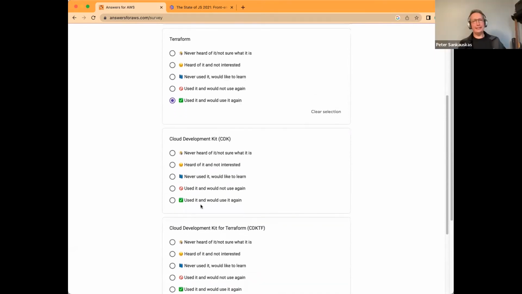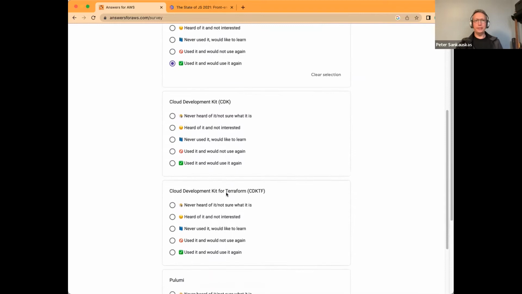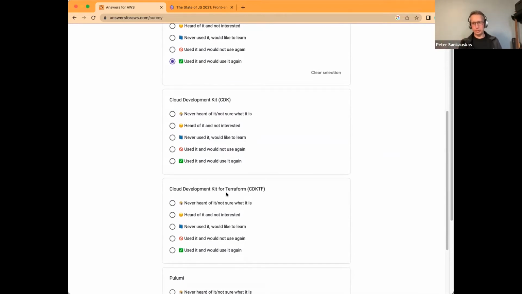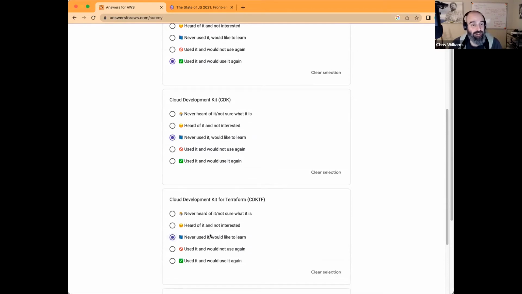Now, CDK, I think, is really interesting. I haven't had an opportunity to really take it for a spin. I've only done the demos and the workshops that I've done at re:Invent and what have you. Yep. So have you used the CDK, either the regular one that generates the CloudFormation or the one that generates Terraform? I am in the same boat as you with both of these. I have not used it in a production capacity, but I would like to learn. I actually bought the book from our esteemed fellow AWS Heroes that created the CDK book, and I have yet to crack it.